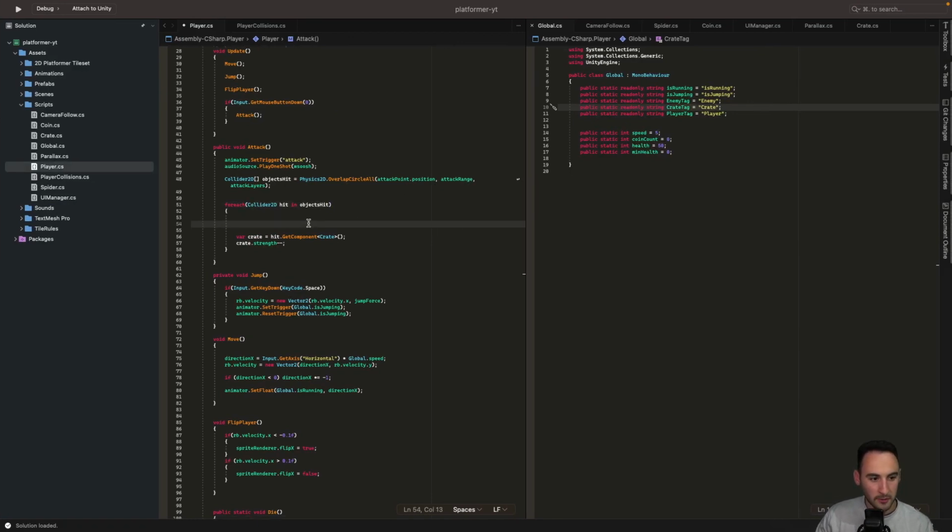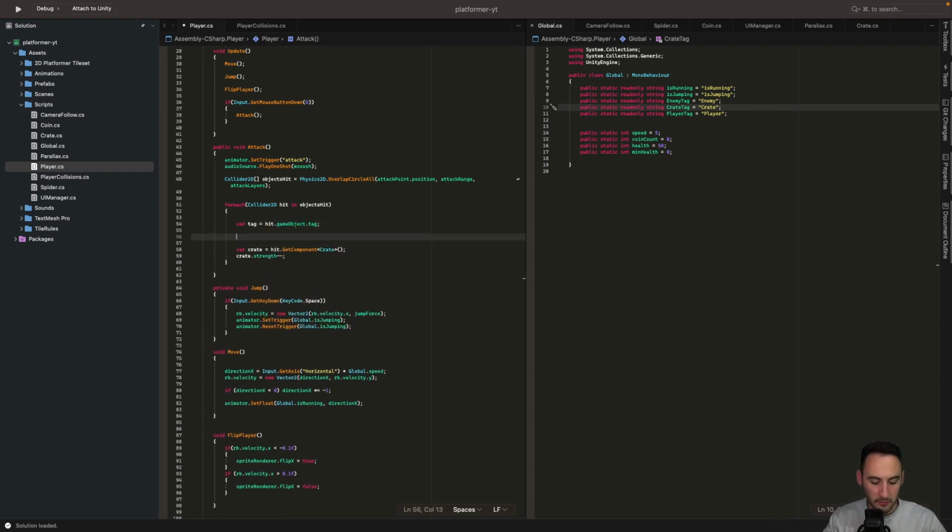Okay, so in our for each statement here, we need to say var tag is going to be equal to hit.gameObject.tag. Sorry, not hit.getComponent, hit.gameObject. So we need to get the tag off of the game object, and then we can compare them. So here we can say if the tag is equal to